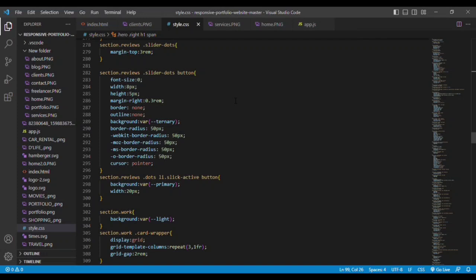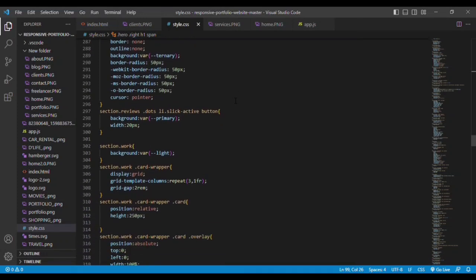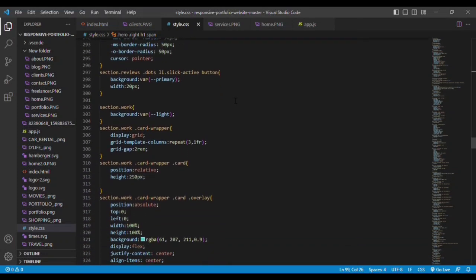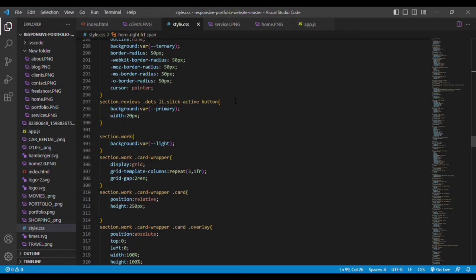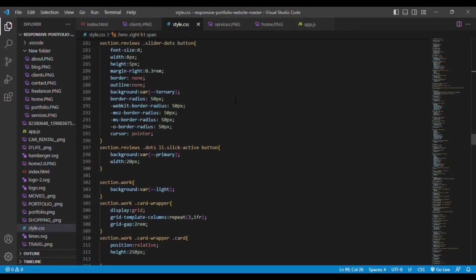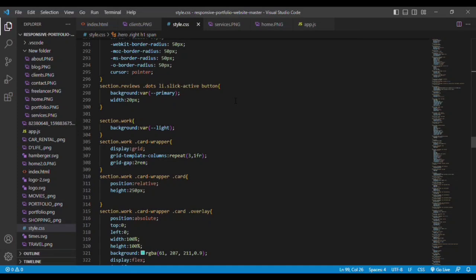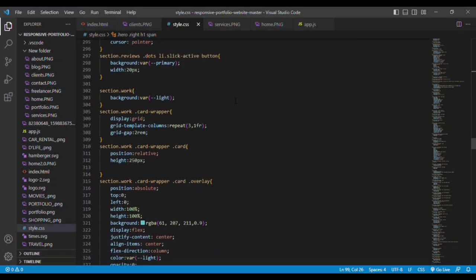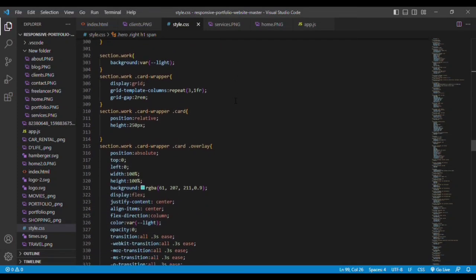Next we have the section view slide dots button. This is the slide dot button. For that we are adding font size 0, width is 8 pixel, height is 5 pixel. You can see small dots. For that we have given these values. Color is also given to it, background color. Then